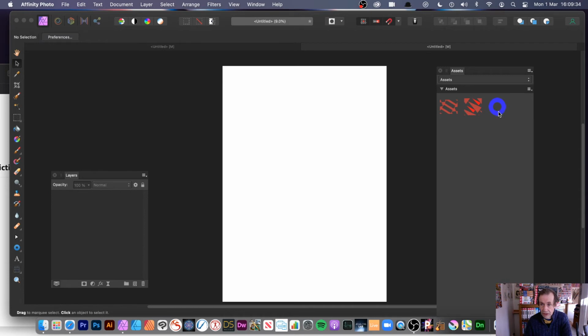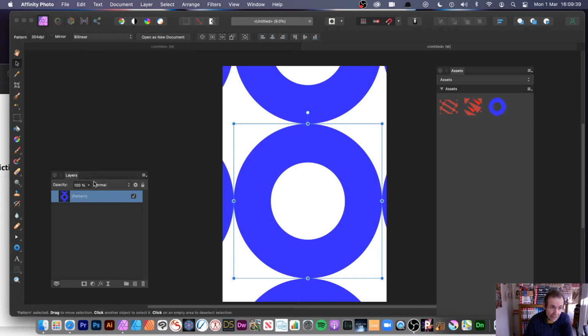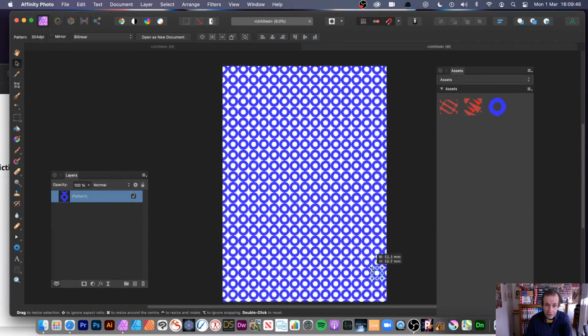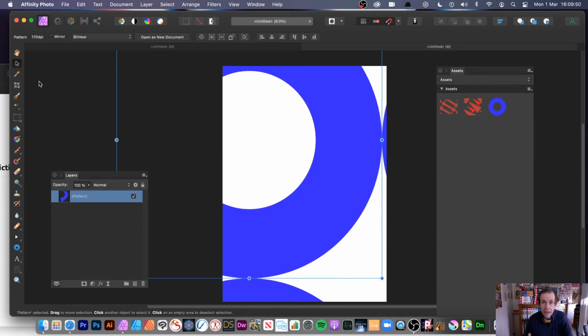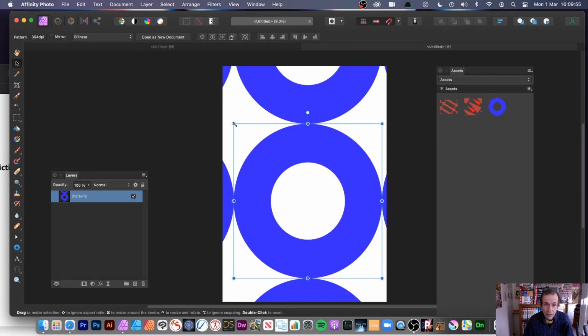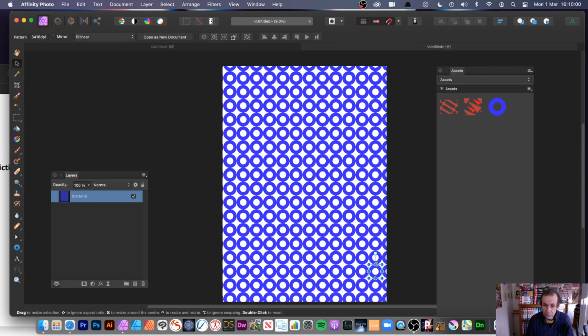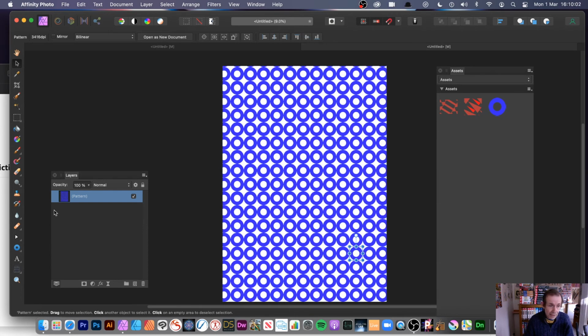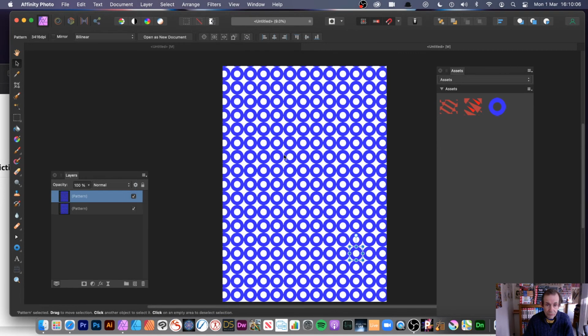So you've got this design here, and you can drag that over, and again you've got your pattern layer. You can see it is a pattern layer, just stored as a pattern, because you can still just go down like that and just resize. And obviously the bigger the image that you put into your pattern, the less likely that it'll get a bit not so great. Once you've done that, you can of course duplicate the pattern. So go to layer and you can duplicate, so you can get two,